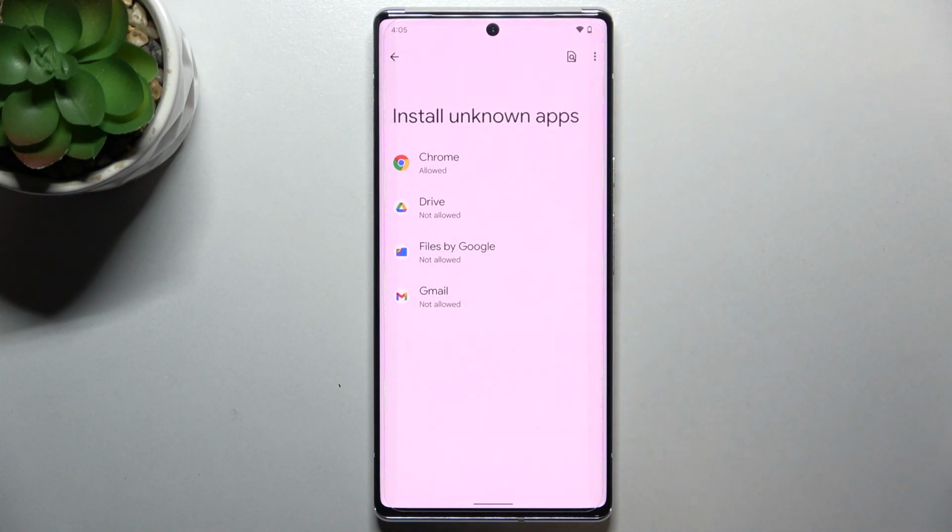Be aware that you're doing it on your own responsibility because some third-party apps aren't verified by the developer. So just by activating them, you may put your data and actually whole device at risk. Remember about that. Of course, it will work the same with all other apps,